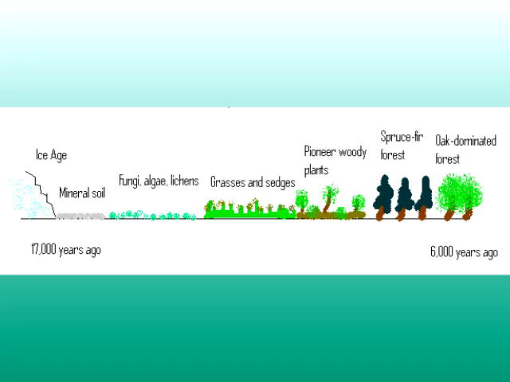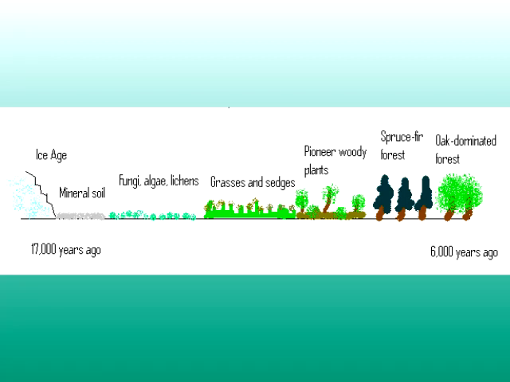Then, as soil developed, as organic matter became accumulated in the soil, we might expect to start to see other kinds of plants colonizing, larger plants. As the climate warmed further, we might expect that various kinds of shrubby, woody species could then become established. These are the so-called pioneer woody plants.